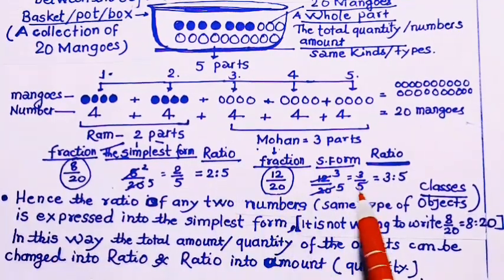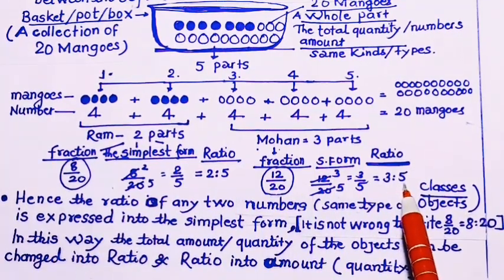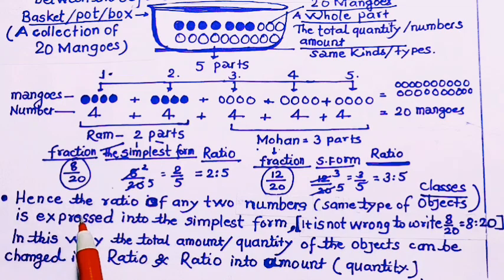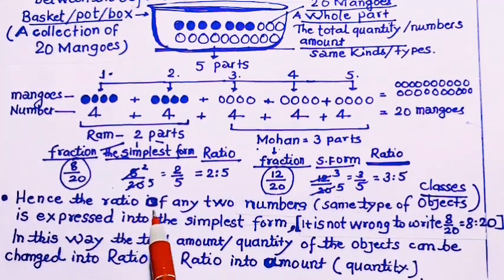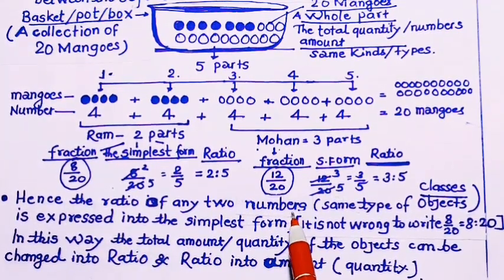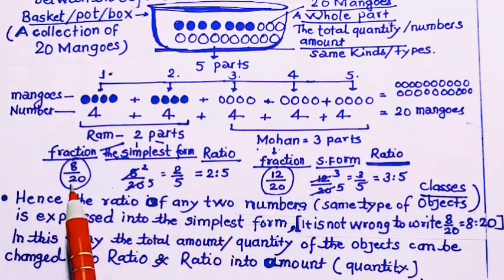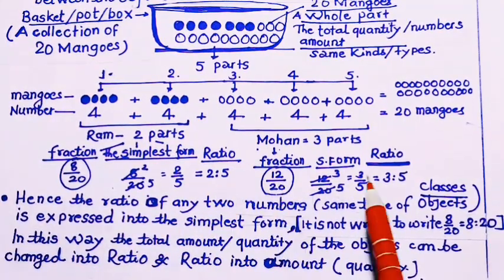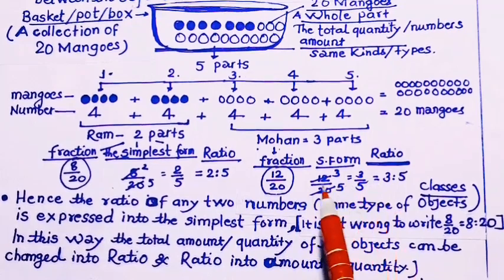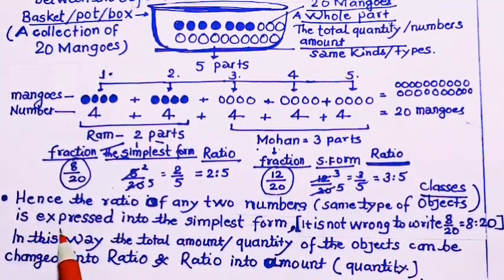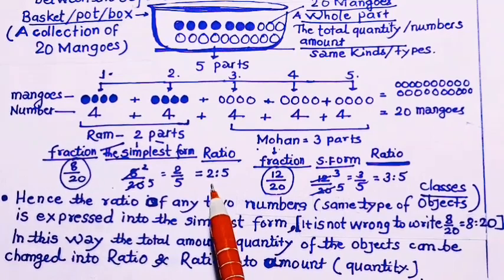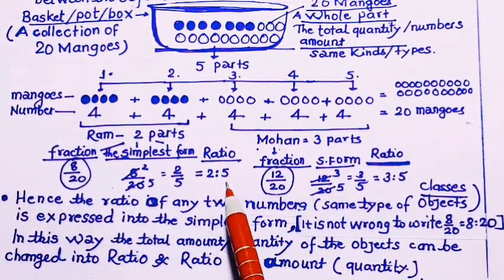About these two numbers, it has been said, hence the ratio of any two numbers is expressed into the simplest form. This is expressed into the simplest form,